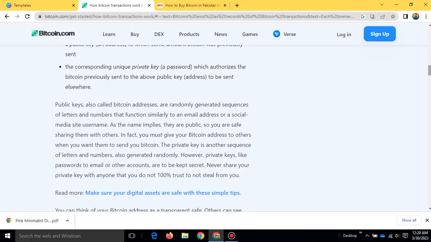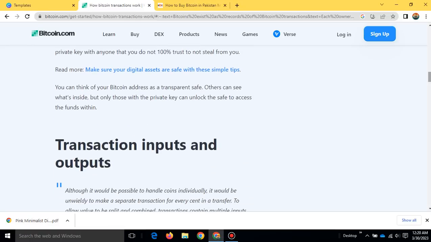As the name implies, they are public, so they are safe to share with others. In fact, you must give your Bitcoin address to others when you want them to send you Bitcoin. The private key is another sequence of letters and numbers, also generated randomly. However, private keys, like passwords to email or other accounts, are to be kept secret. Never share your private key with anyone that you do not 100% trust to not steal from you. You can think of your Bitcoin address as a transparent safe. Others can see what's inside, but only those with the private key can unlock the safe to access